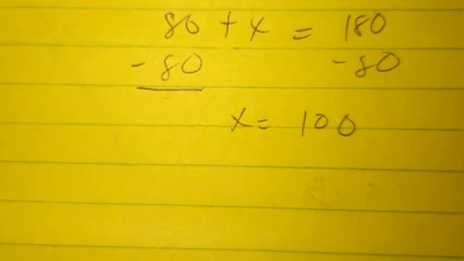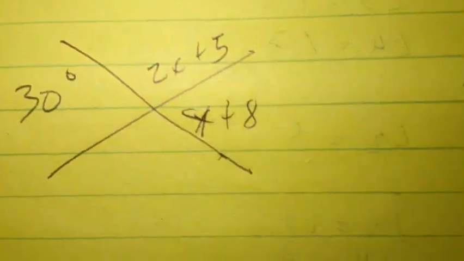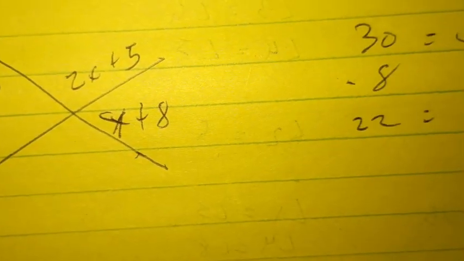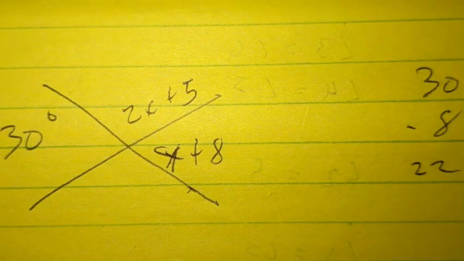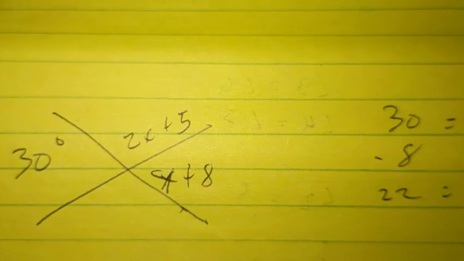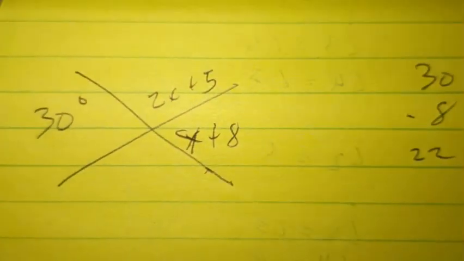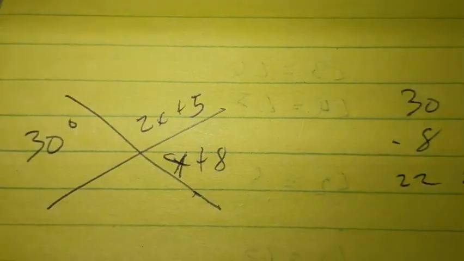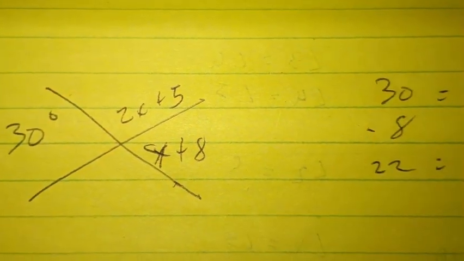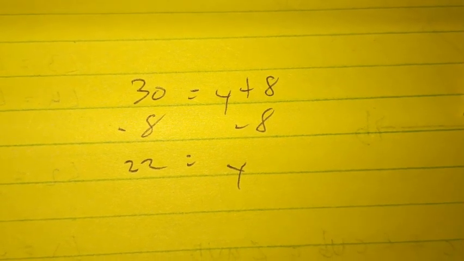Now let's get to some more examples. Some of these problems are going to be very easy. So let's say this is 30, this is 2x plus 5, and this is y plus 8. We know that 30 is equal to y plus 8 because they are vertical angles, so they have the same measurement. So therefore 30 is equal to y plus 8, and subtract both sides by 8